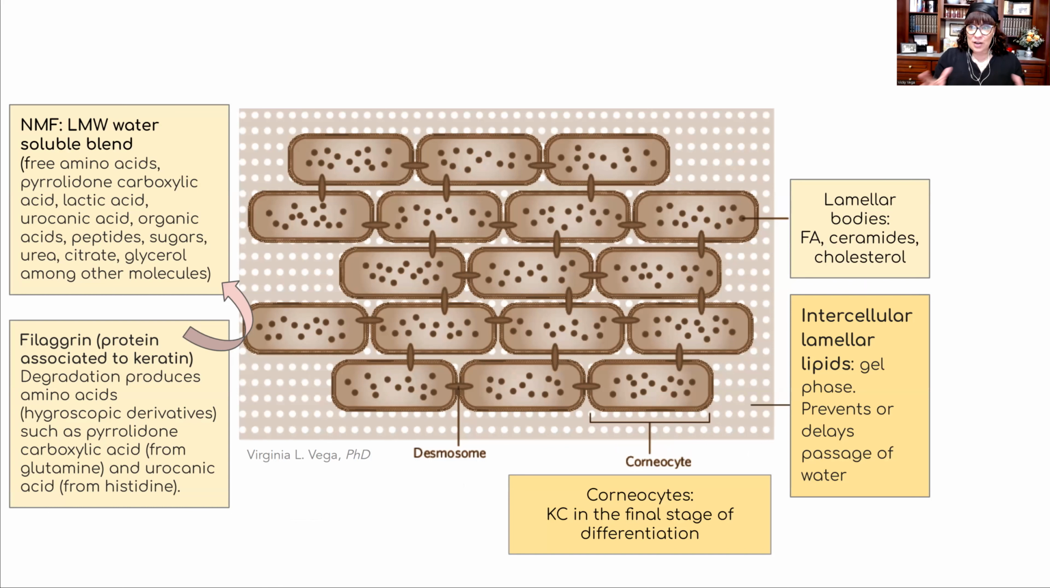So corneocytes, what are corneocytes? Corneocytes are keratinocytes in the final stage of differentiation. Remember, keratinocytes come from the stem cells at the base of the epidermis, and as they mature, they differentiate, so they graduate to the next level. As they are differentiating, they are acquiring different phenotypes to become corneocytes. And this is a process that happens as they are moving up into the upper layers